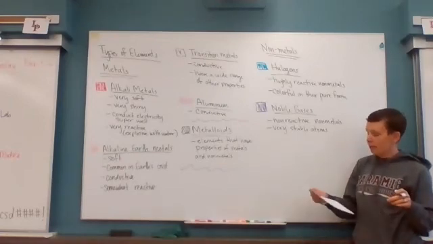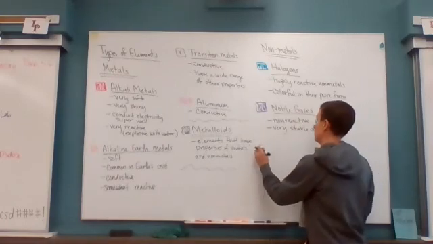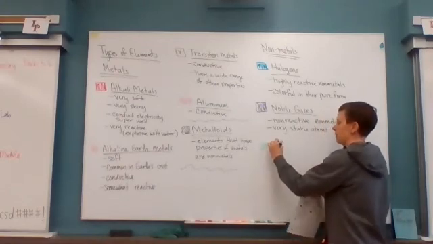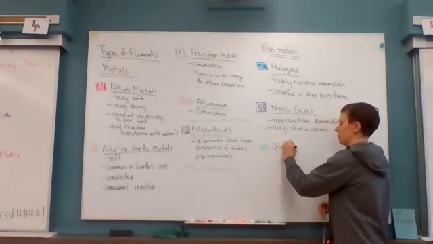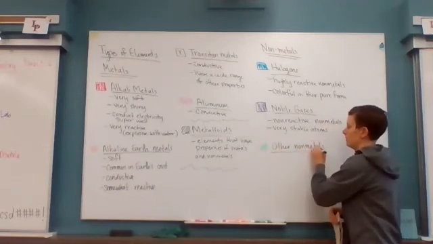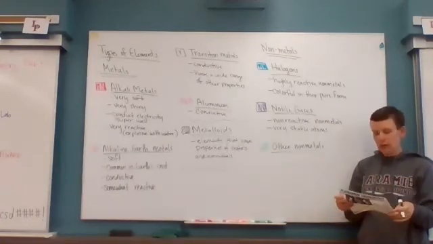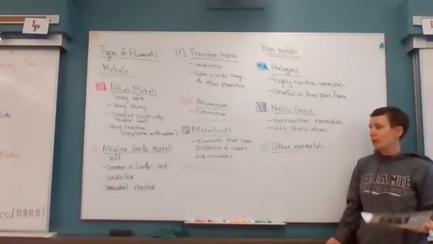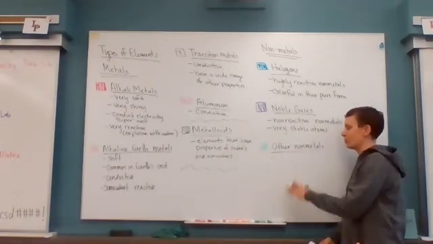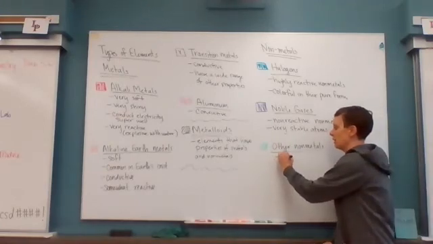Okay, then we have other nonmetals, which would be green. Here's my green. This is other nonmetals. There's 6 of them, and they just don't have a group to belong to, so they're just other nonmetals. Now remember, metals are conductive, nonmetals are non-conductive, so if you wanted to write a property, you could write non-conductive, but they just don't belong with anything